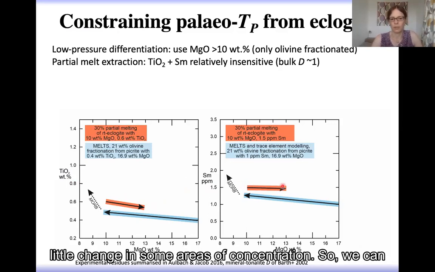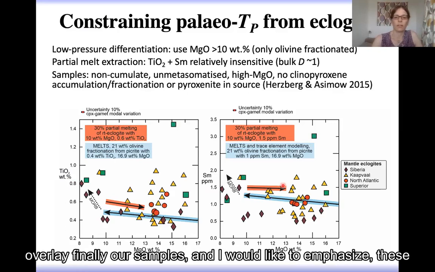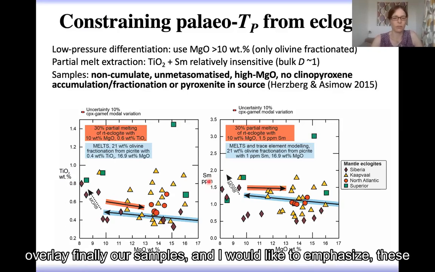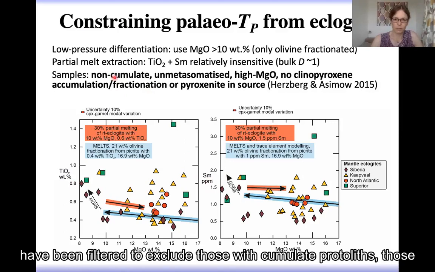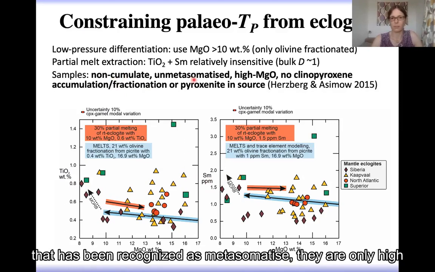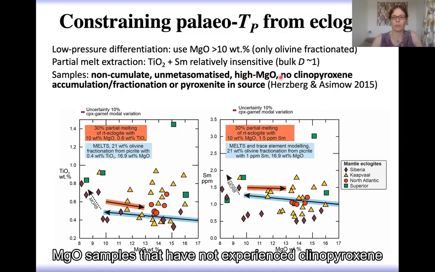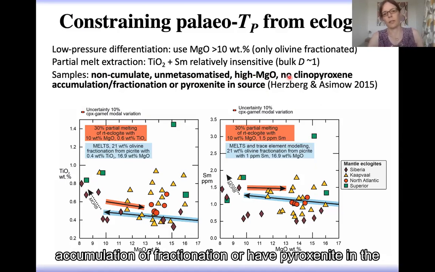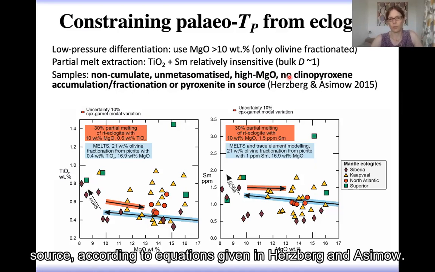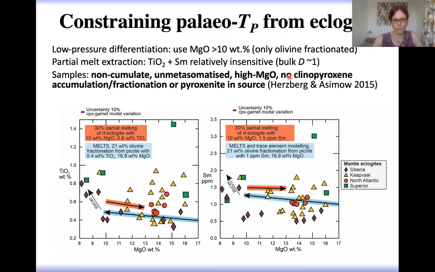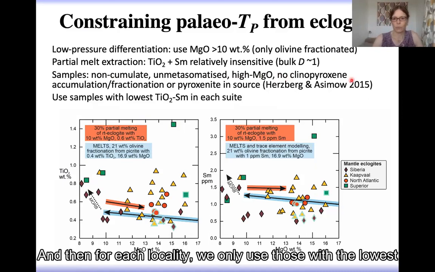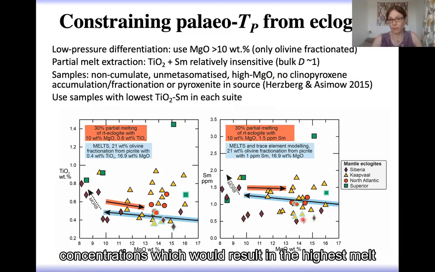in samarium concentration. So we can finally overlay our samples, and I would like to emphasize these have been filtered to exclude those with cumulate protolith, those that have been recognized as metasomatized. They are only high MgO samples that have not experienced clinopyroxene accumulation or fractionation, or had pyroxenite in the source according to equations given in Herzberg and Asimov. And then for each locality, we only use those with the lowest concentrations, which would result in the highest melt